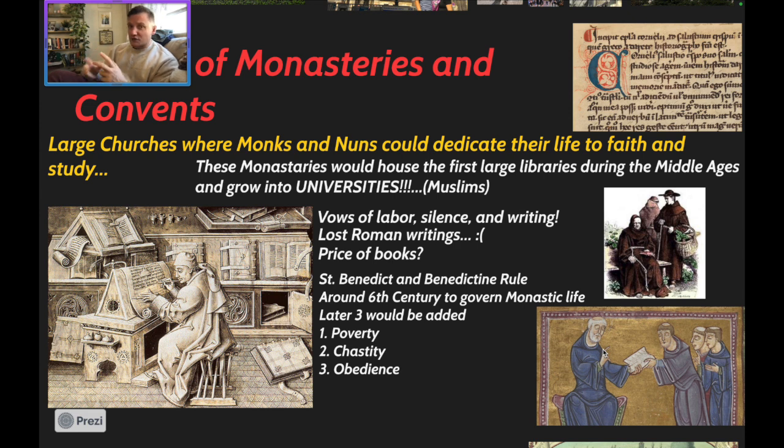Now, these rules are going to be very interesting a little bit later, because by the 1500s, a lot of these rules start getting violated, right? Poverty being the fact that they are not out there to try and make money, they are simply out there to try and preach the word of Christ, right? Well, this is going to get violated when a lot of popes start making a buttload of money, right?